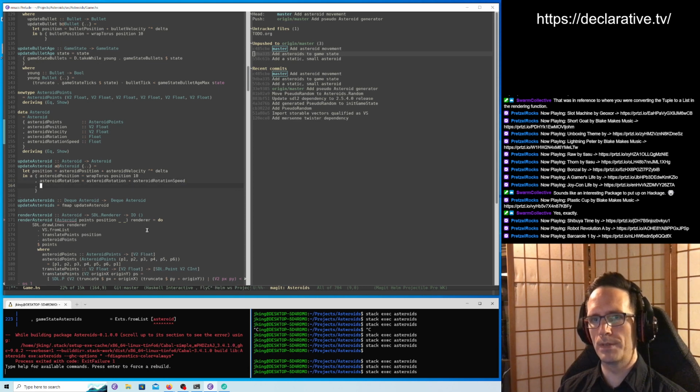And then we have to change the asteroid points. And we don't have a map function on, well, we could implement, if it wasn't, it is a new type. Yeah, we could implement functor for this so that we can fmap over those asteroid points